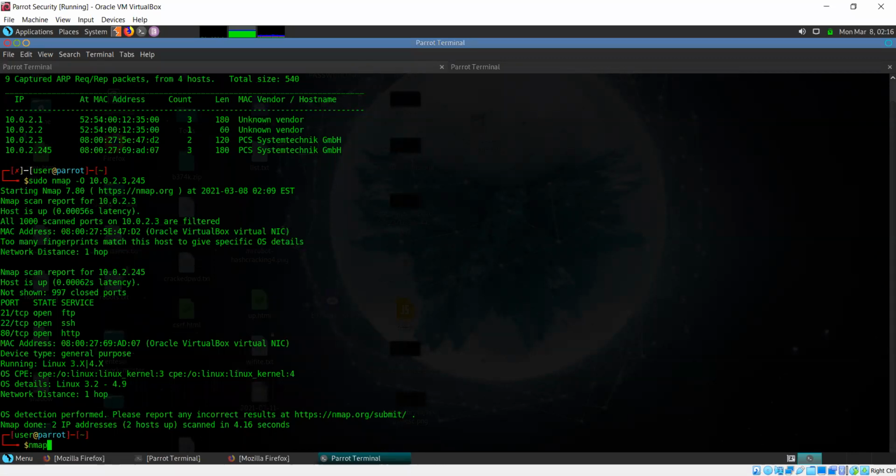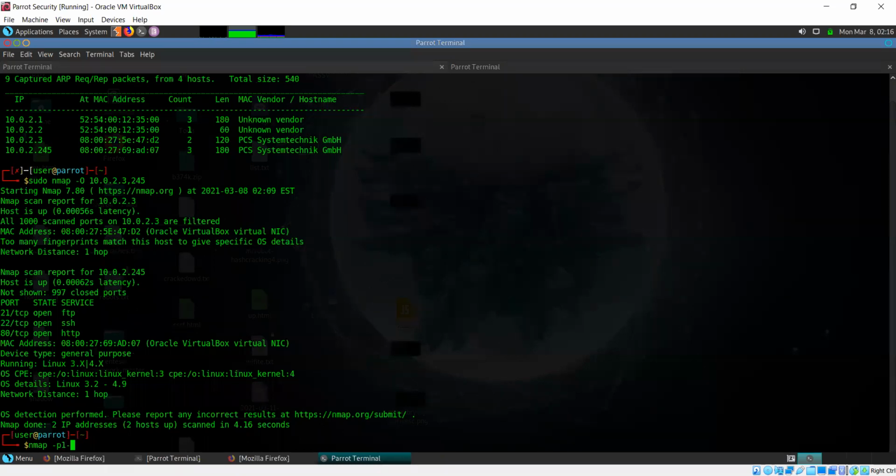So nmap, and we use the -p option for specifying ports. I can specify individual ports, or I can specify ranges, or whatever combinations I like.